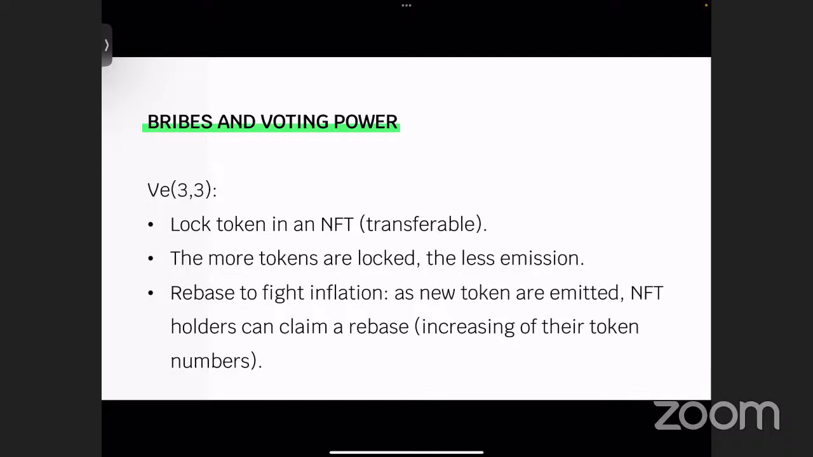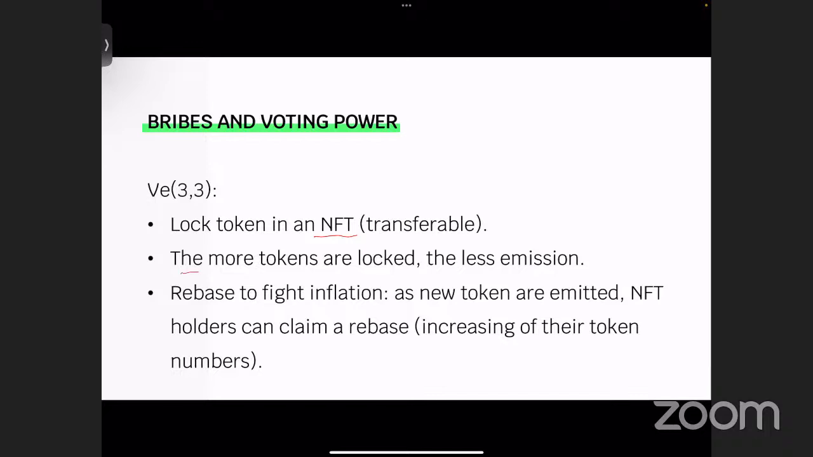So the ve(3,3) model, it's André Cronje, who launched Yearn, who came up with it. And the idea is interesting. The model was forked to be improved because the first iteration was not very good. But let's say that I will explain the initial idea. So first, the tokens are locked in an NFT, which means that you can transfer them, which means that you can sell them. So you are not locked anymore. Of course, you need to find a buyer, but provided that you find one, you can exit your position. Of course, because you sell something which is locked, you always sell it at a discount. No one in their right mind will buy a locked token at the market price. But still,